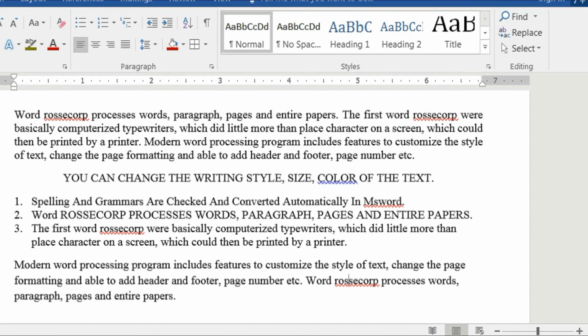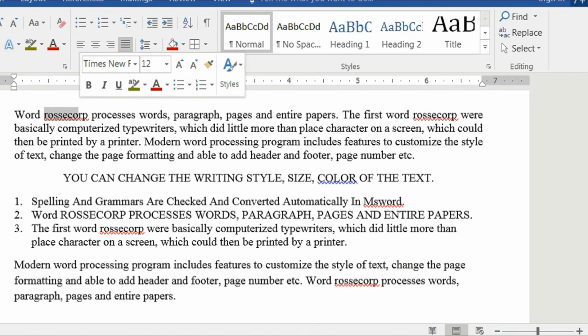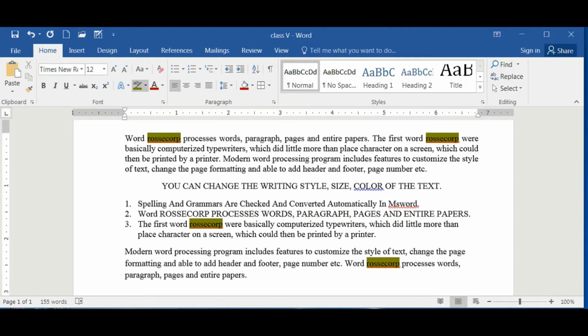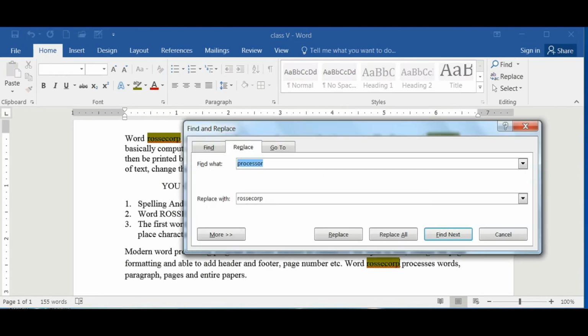Okay, and let me make a highlighter here. Let me highlight this word. Okay, so I'm going to highlight it, and I'm just again replacing this with a proper spelling only. Okay, so again in the replace option, I'm just clicking this one. This is what I have written. So I want to find this word.